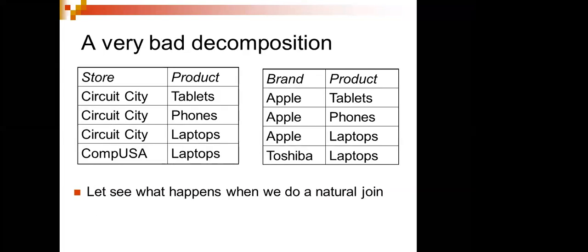So if I go with the decomposition, store, product, and brand, product, what is happening here? I cannot do this because I will be getting a problem. What is the problem I'm going to get? Normally I will do it. So I said join dependency. There is something called inner join, outer join, left join, right join. So when I'm going with a normal join, what happens if I combine these two tables, if the tables have been divided like this?